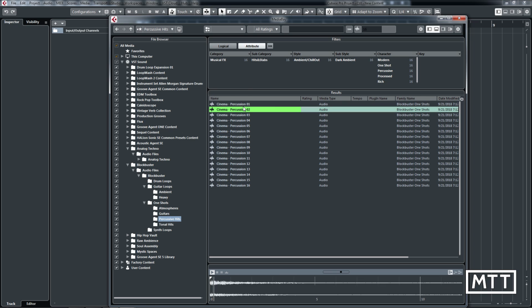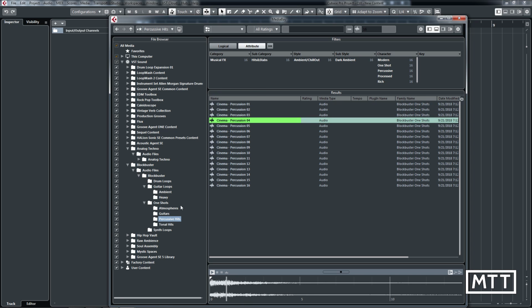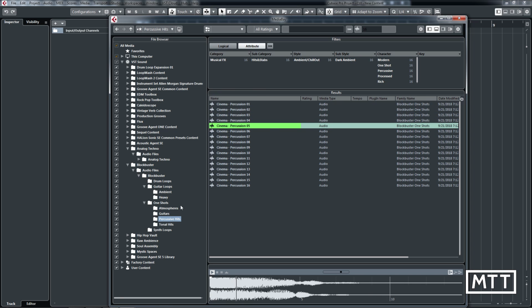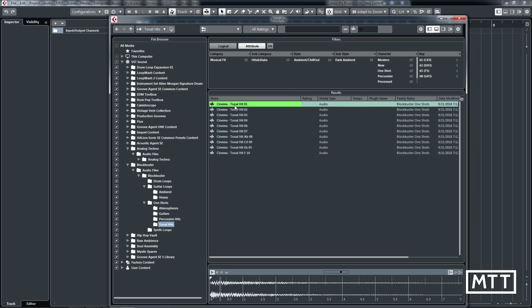Yeah, some nice atmospheric hits in here. And then tonal hits, so